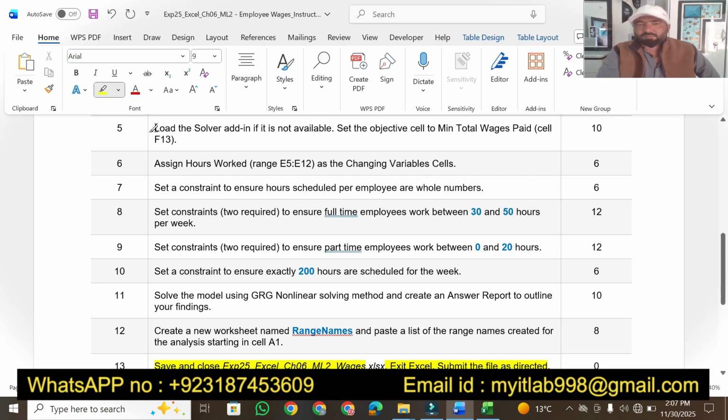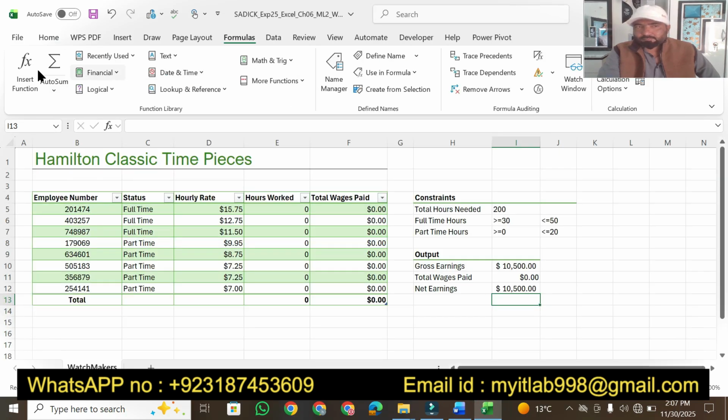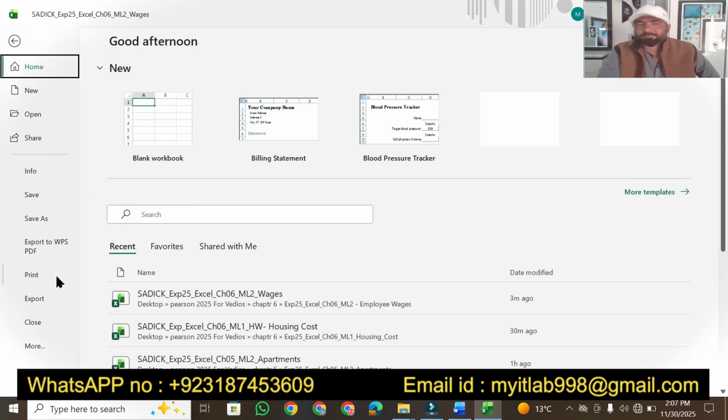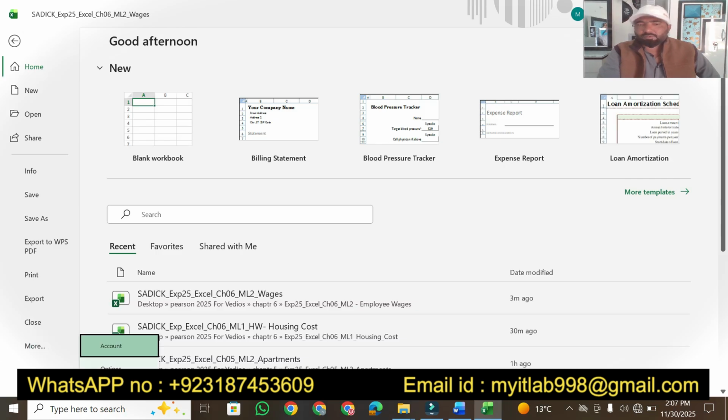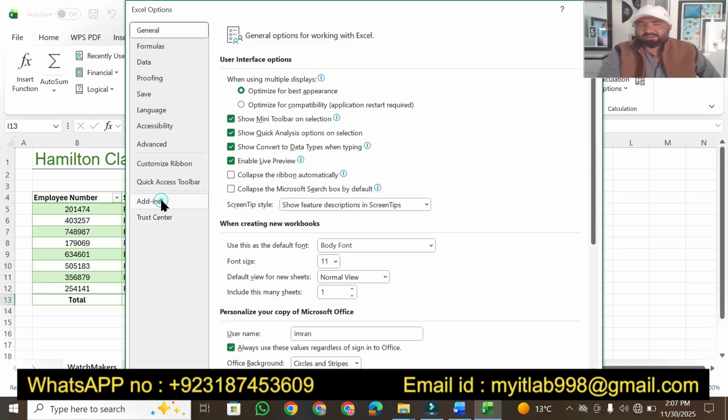Now I'm moving toward question number 5. In question number 5, load the solver add-in if it is not available. If it is not available, then we have to add it. So how can we add that one? Come on here. First we have to click on file, then click on more options, then add-ins,